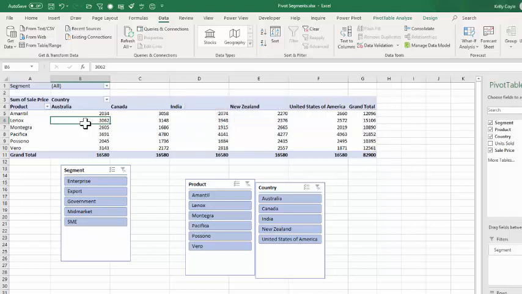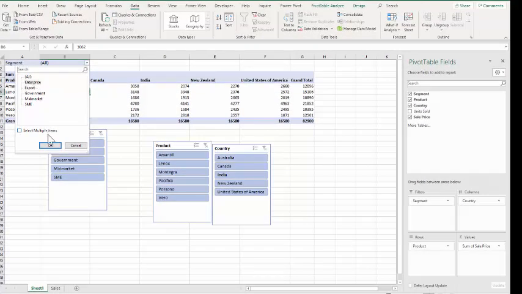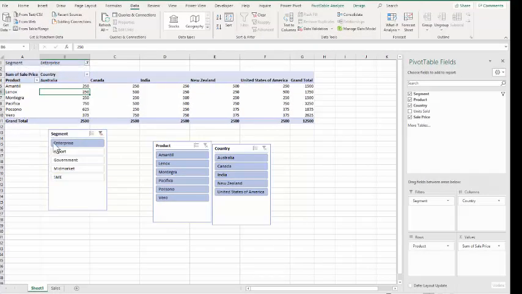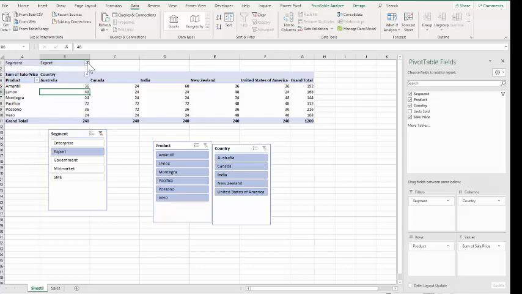Okay, next one is I'd like to filter by segment. So here's all of the enterprise data. And then I want another sheet, which is just for perhaps the export information. So rather than doing each sheet and having to view one at a time, I can go to the pivot table